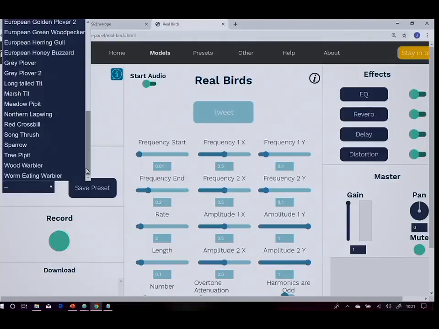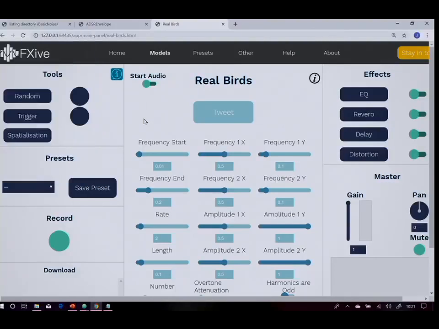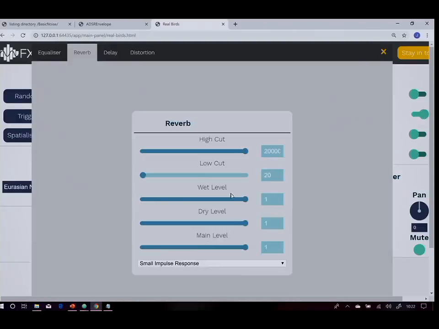Can we actually hear that? Yeah, but let's see. So this is one where it sounds synthesized, but there are a few neat tricks that you can do to make it sound more realistic. First off, it sounds synthesized not because it's wrong, but this is what these birds' tweets would sound like if they were recorded in an anechoic chamber. So you're not getting any sort of natural reverb. So if we add some reverb in there,